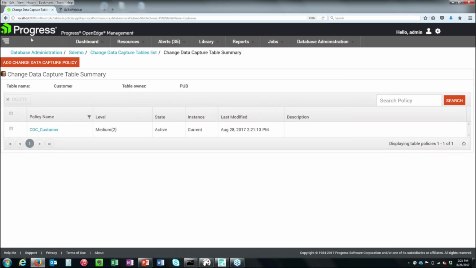If I were to go back and modify the policy, it would create a previous policy that would be in a state of inactive. So I can have multiple policies as I walk through this for previous sets of records. In this example, I'm only using one policy. I have this policy. I've updated. It's available. Now, CDC is completely enabled against my database,